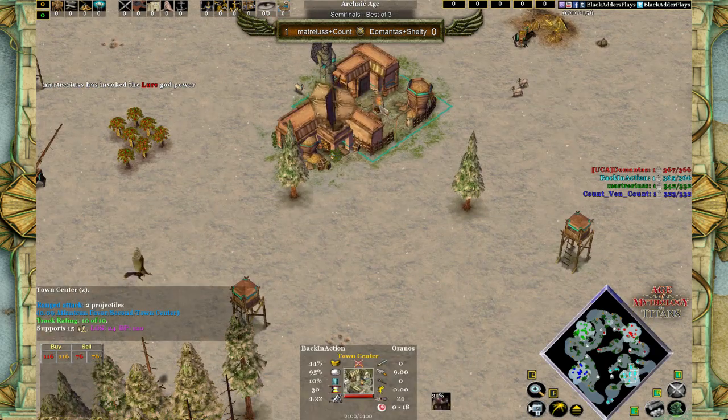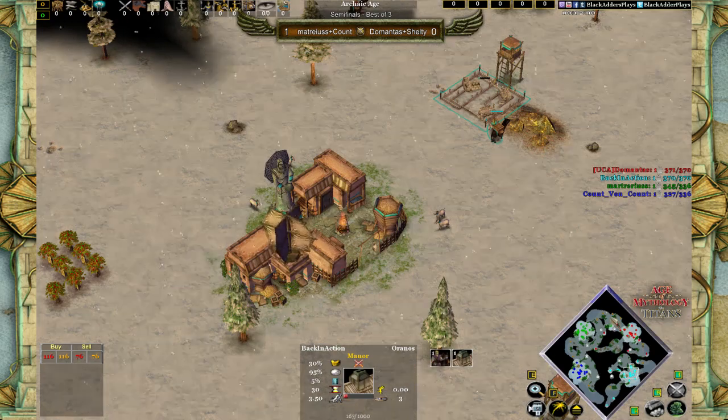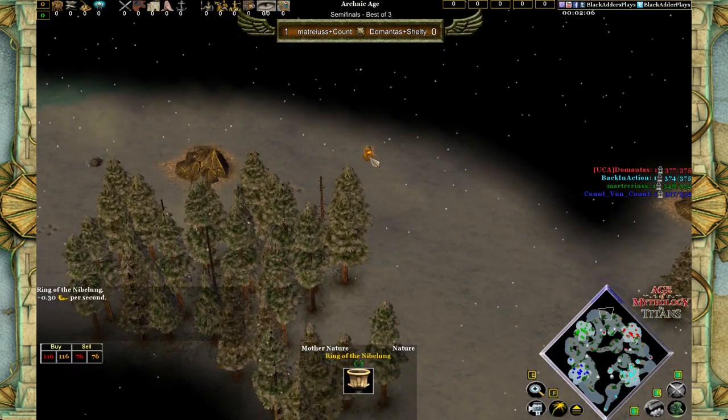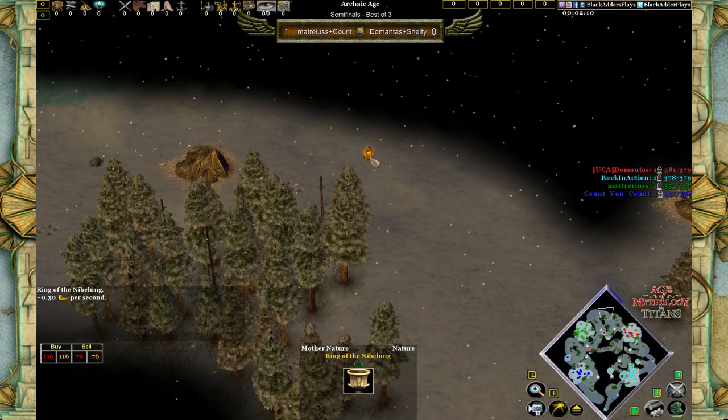So, kind of ironically, the Atlanteans are gonna be having a bit easier gold to defend, even though they don't really need it all that much. As you already see plenty of gold mines at the top side, it's gonna be pretty much the same case at the bottom. And there is also a relic for Ring of the Nibelung, 0.30 gold per second, which